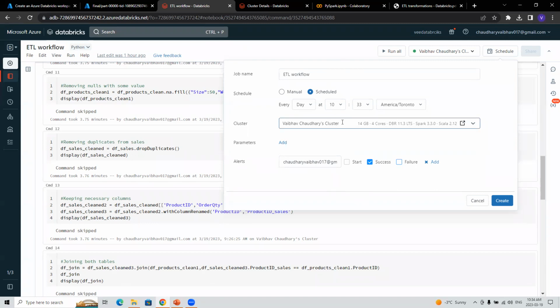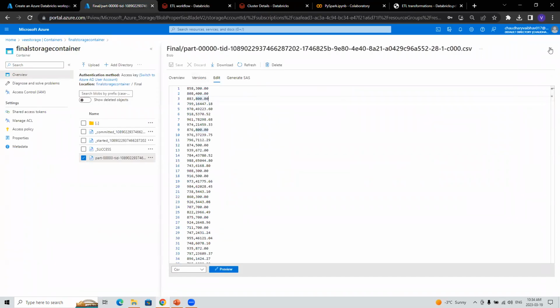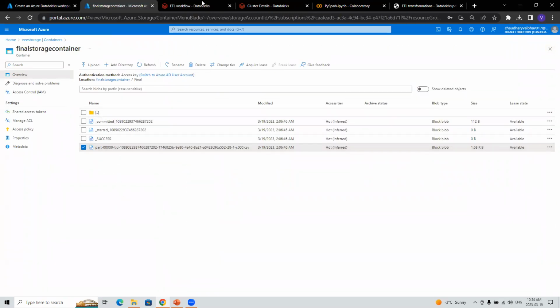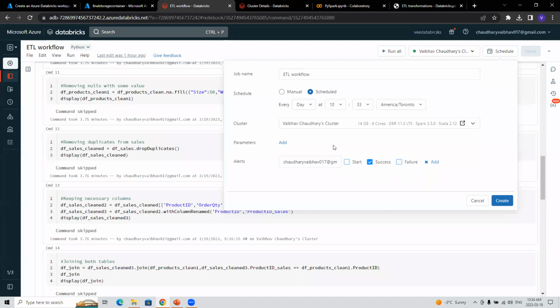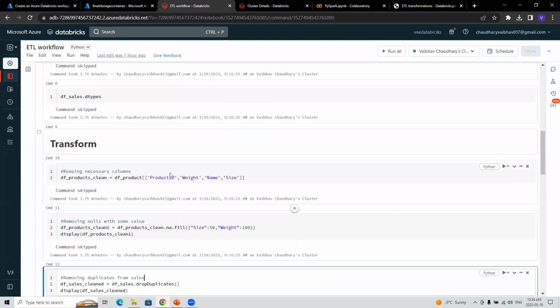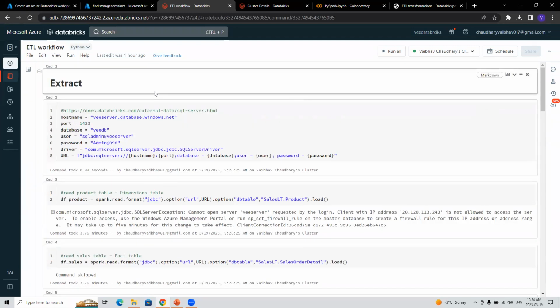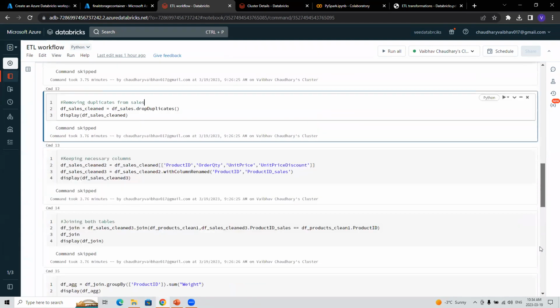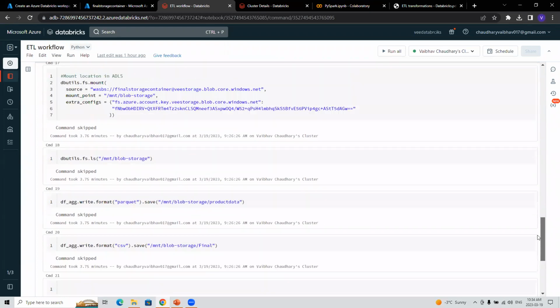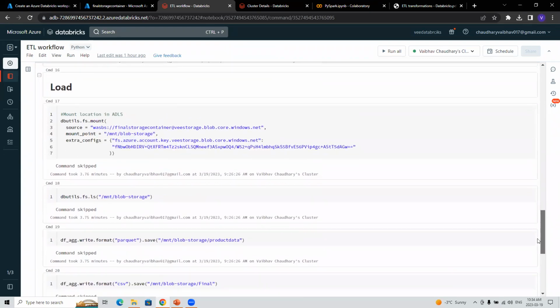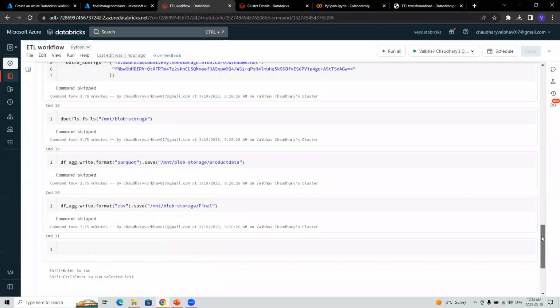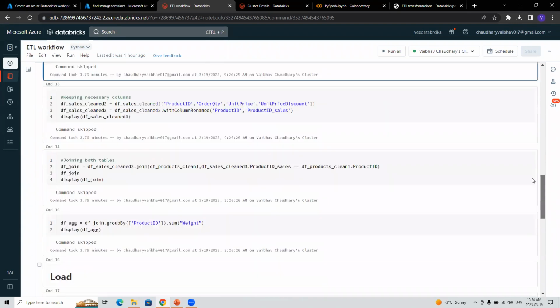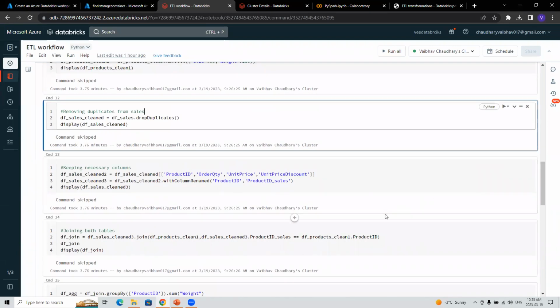Maybe every day my table is getting updated and I need something in the container. In this container, I need something new every day, a new file, right? So I can run this notebook every day. And there's a lot of things that go around in the ETL. Obviously, I cannot tell you all of that in this session, but just for basics, for freshers and for people who are moving into this background, this is just a basic overall idea, an overview actually.